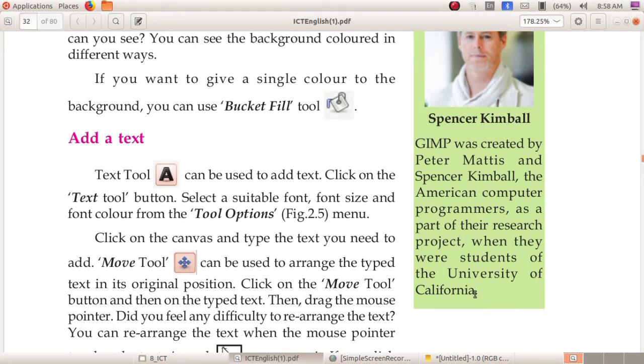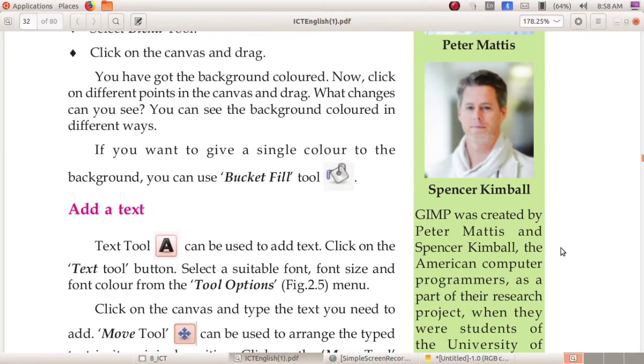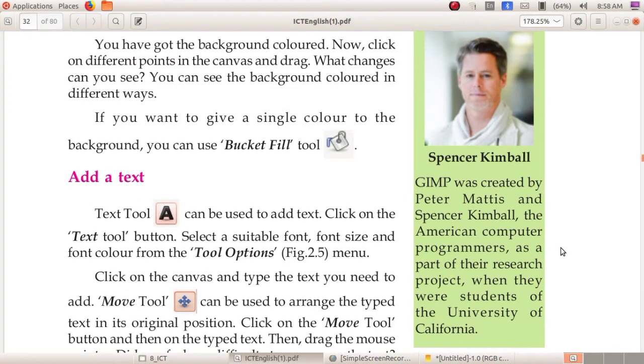So there were two students, Peter Mattis and Spencer Kimball. They created the GIMP software as part of their research project. At that time they were students of California University. So you want to study the names Spencer Kimball and Peter Mattis.